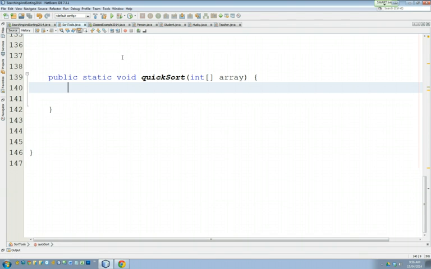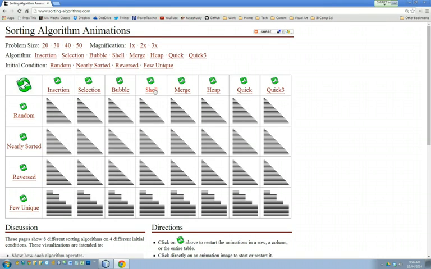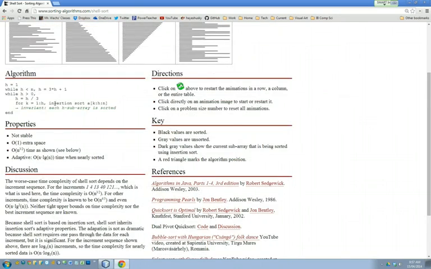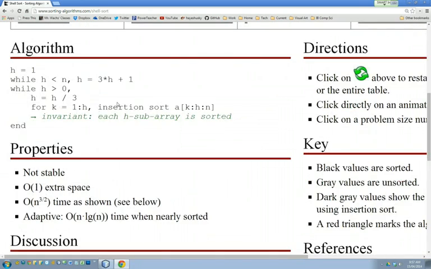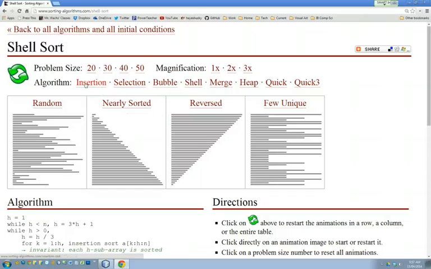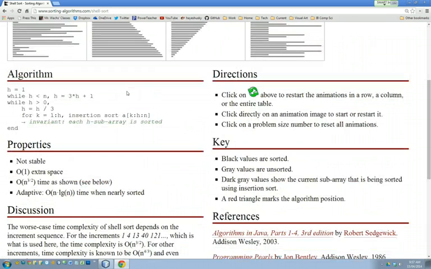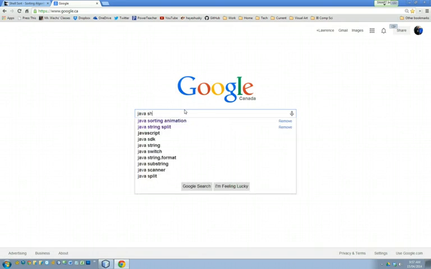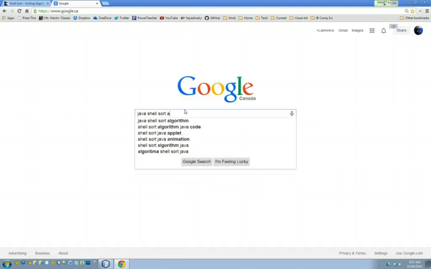And again, especially any of you who are going to plan on taking computer science at university, it's good to have a warehouse of these libraries ready. I know you can get them online, right? Even at this website, I think if you click on Shell, it shows you the algorithm right here. Although it's often in other programming languages or it's in pseudocode like this. I don't know if you can actually get the Java version of it on this website. Okay, so you might have to Google it. And sometimes the web is just too large of an information source. Okay, so if I want a Java Shellsort algorithm,